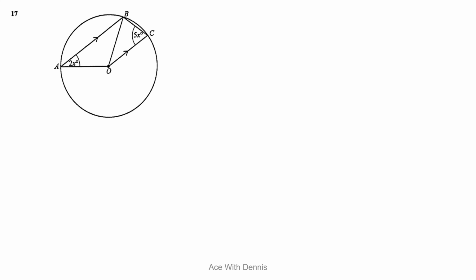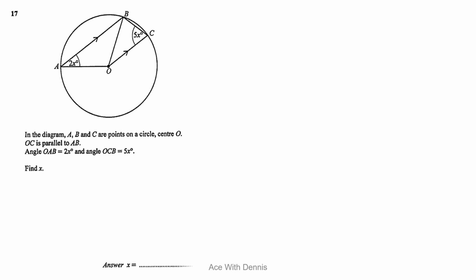Question 17. Given this diagram. In the diagram, A, B, and C are points on the circle center O. OC is parallel to AB. Angle OAB equals 2x degrees and angle OCB equals 5x degrees. Find x. 4 marks. So from this diagram, we should notice that OA, OB, and OC are the radius of